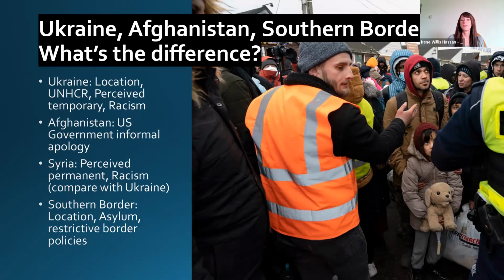Also, just racism. When Syrians were trying to get across the Mediterranean Sea and crossing borders to get to Europe, they were met with no and turned back around. We don't see the same thing happening with Ukraine, and there's no logical reason for that to have happened other than racism. And I'm happy to talk more about that. But Ukraine and Syria are a really good comparison in that they're kind of the same sort of situation. Ukraine was sort of more sudden than Syria was. Syria was sort of a slow meltdown. But basically, if Syria would have gotten the same sort of support that Ukraine has, it might have looked a lot different. But also, we can't